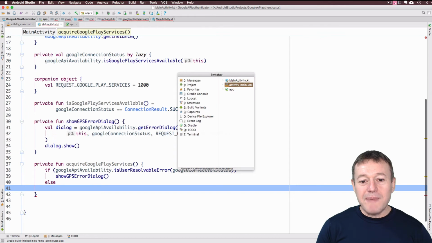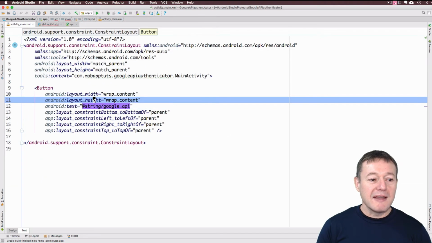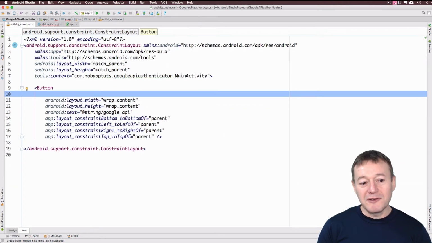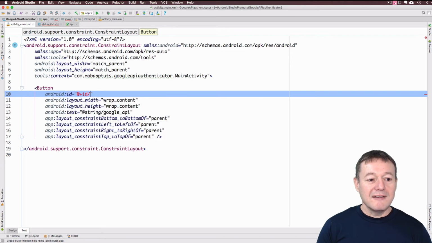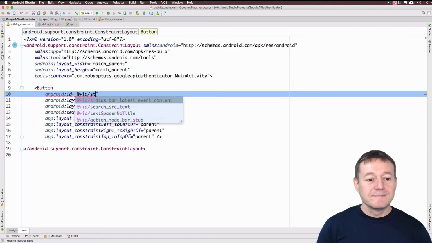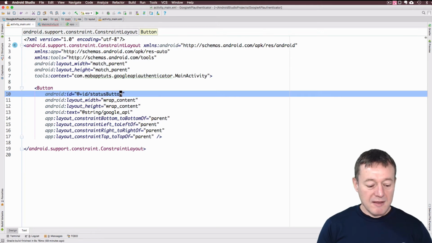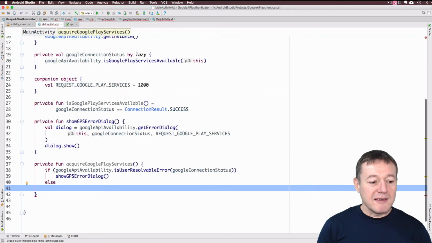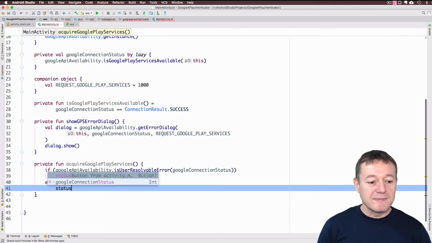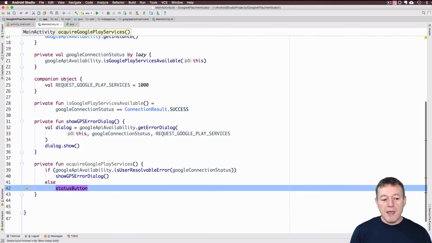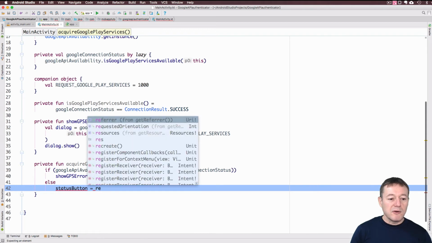I just realized if we go back to our main activity, we do need to add an ID for our button so we can refer to it. So let's call this Android ID, and I'll just call this status button. So if we go back into our main activity and we call our status button here, and we're going to set that with a value here, and I will need to call the